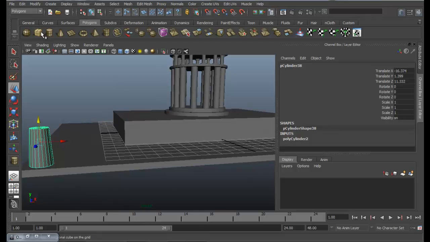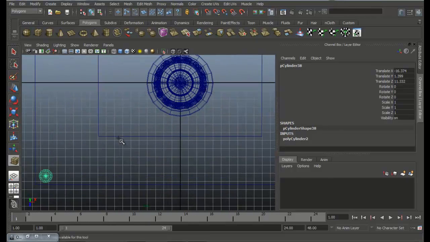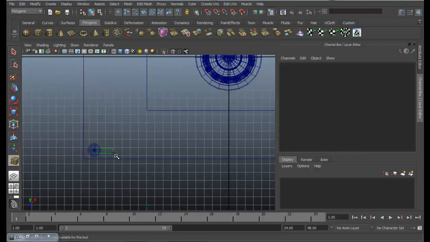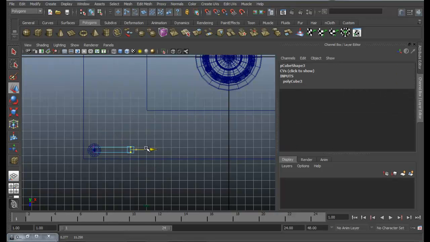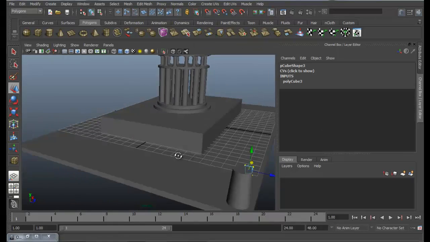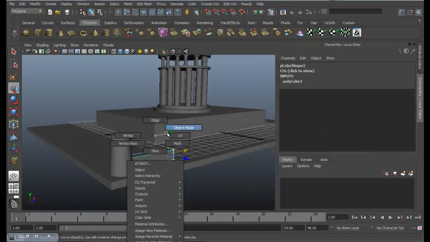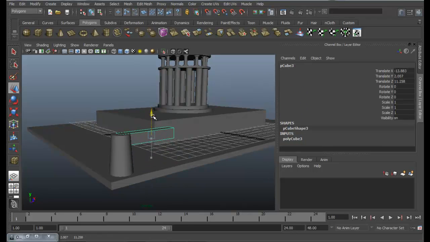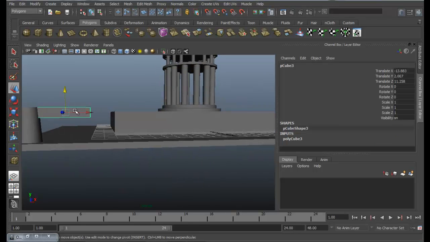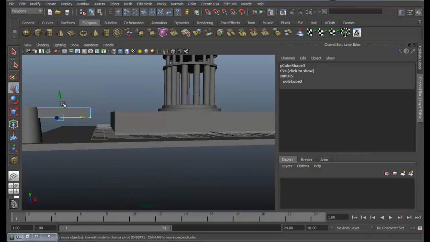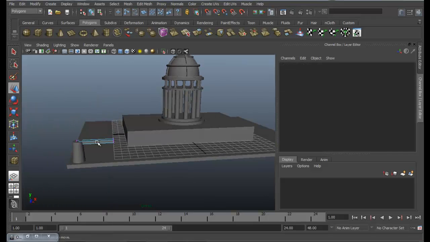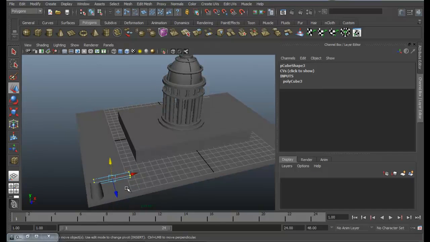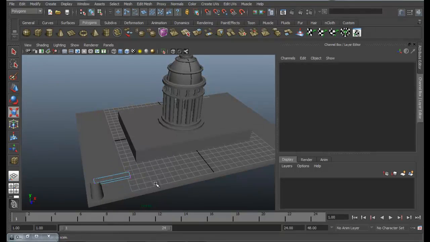And then create a box. Now move it a little up. Just decrease its size by moving the vertex. Okay, vertex, and then move it, and then even you can increase this size. Okay, that's great.